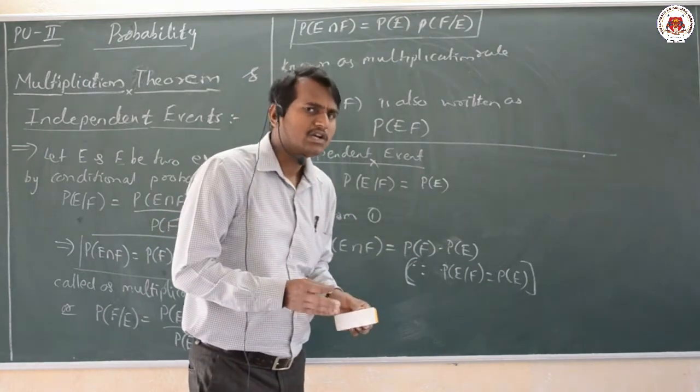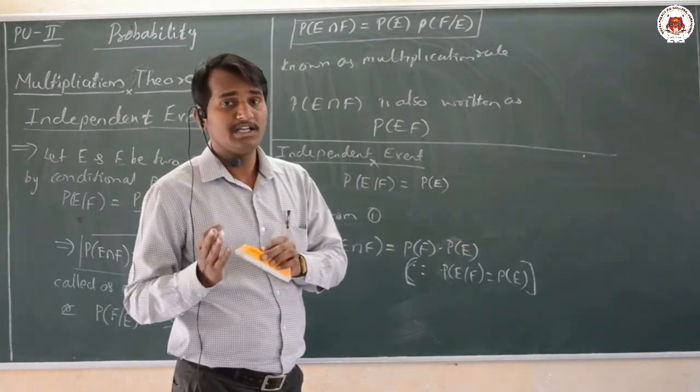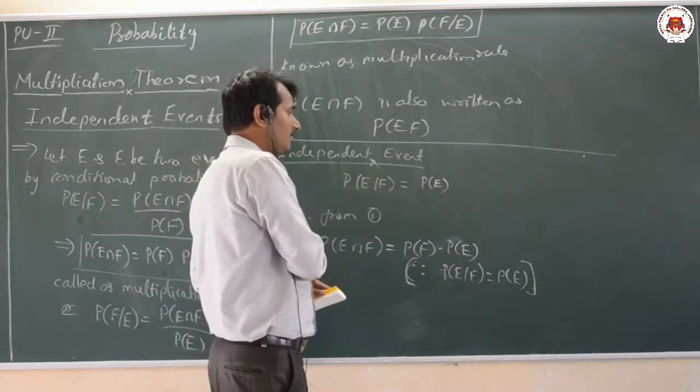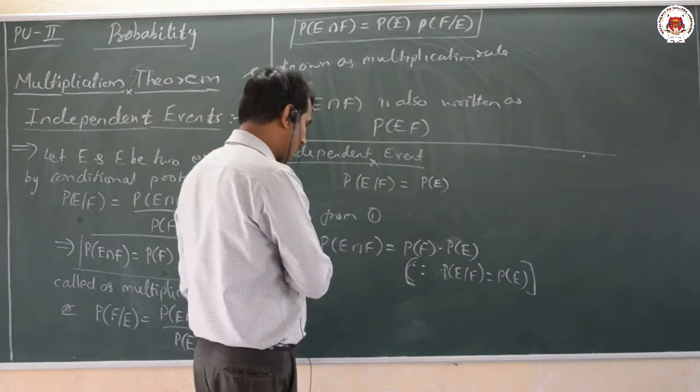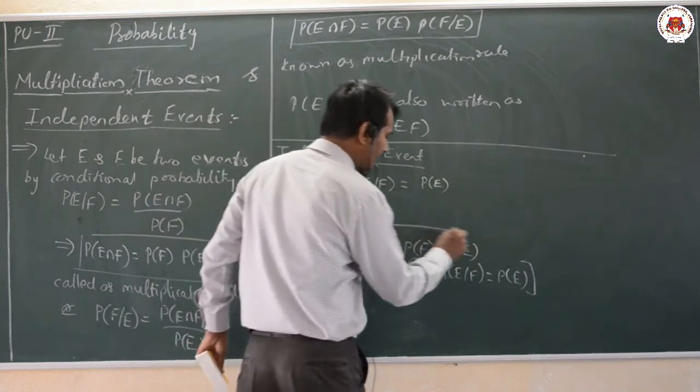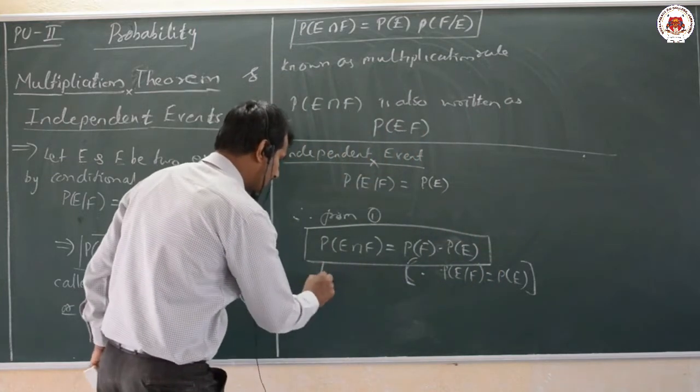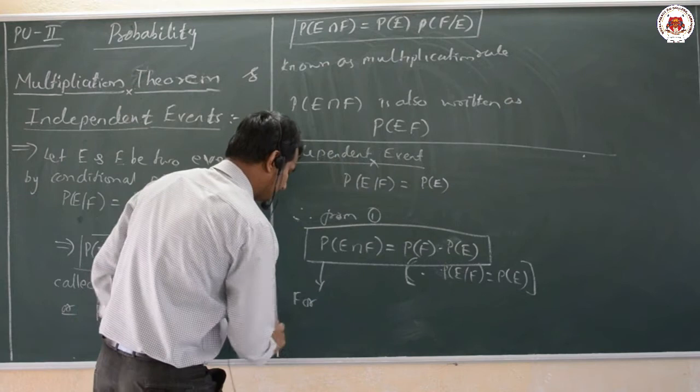Whether F is there or not is immaterial. So it is nothing but the probability of E here. So according to the definition of independent events,